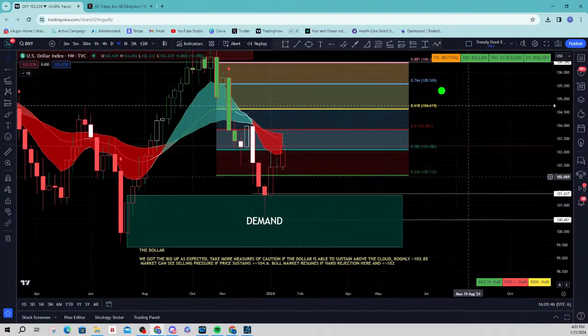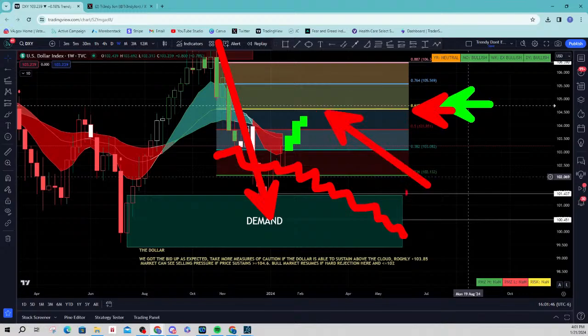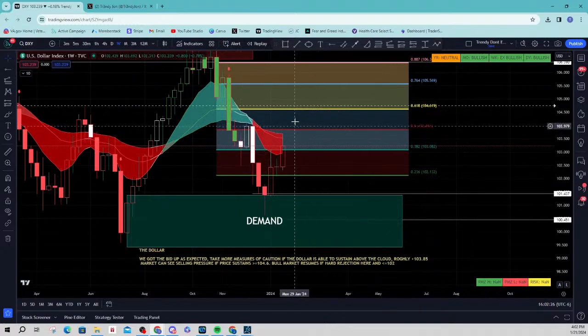Why am I saying 104.60? Because the golden Fibonacci. The golden Fibonacci states when we measure our trend, all right, and we apply these Fibonaccis in a downtrend, this remains a downtrend until price can get above there. Therefore, let's say that this happens, okay, and what would happen if the dollar starts doing this is that most likely, very high probability, the market is actually pulling back during this time. If it cannot sustain above here and we get a hard rejection, then I would expect the market to start going back up. Okay, so things line up, just follow these levels.